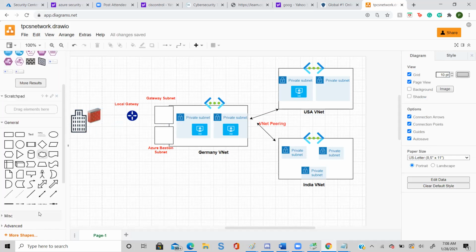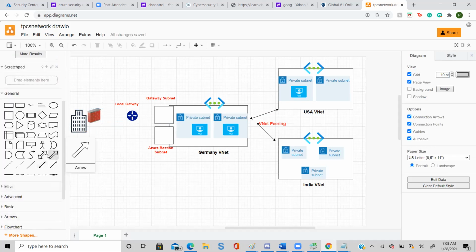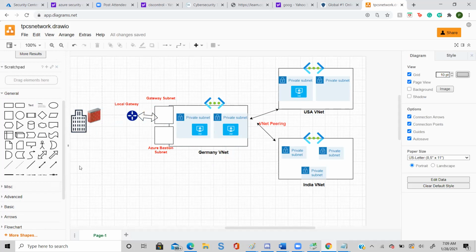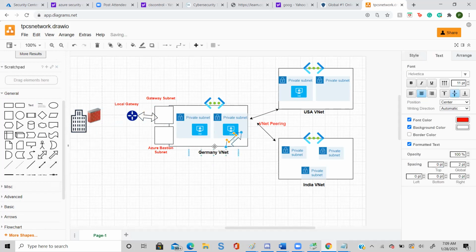You just have to catch the starting point and then you can connect from here. So the local gateway connects with the firewall.